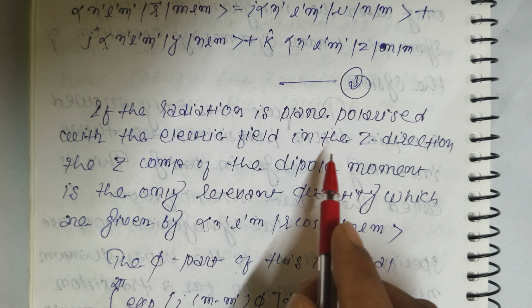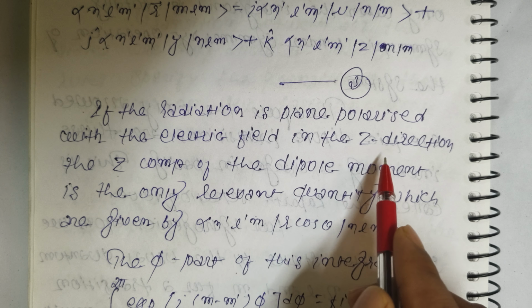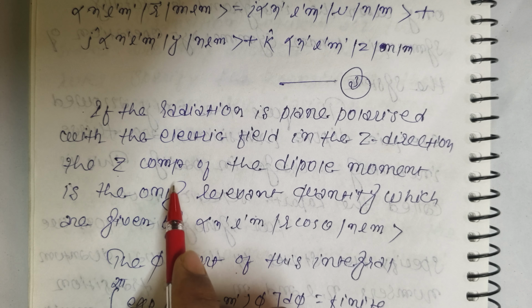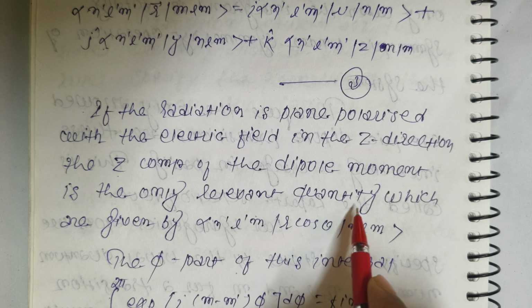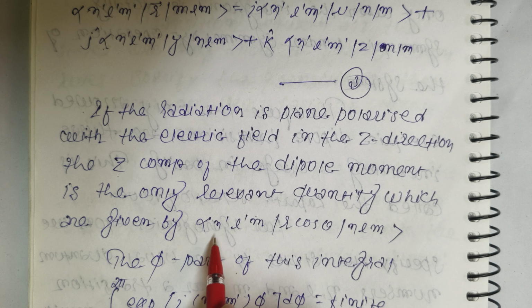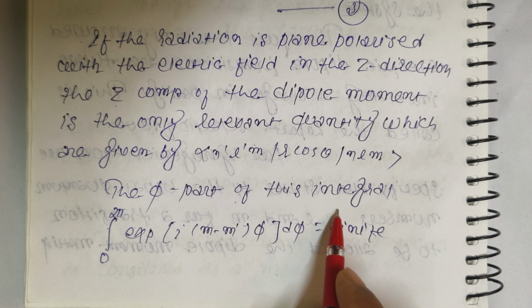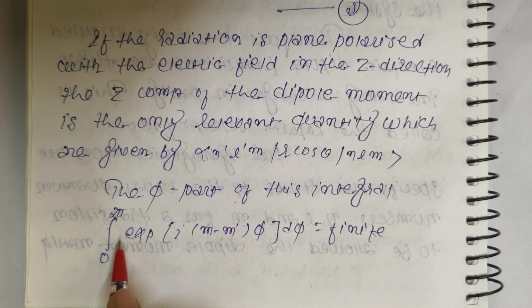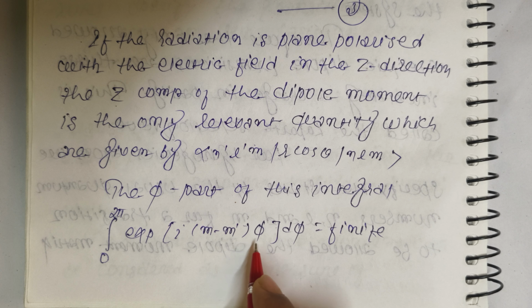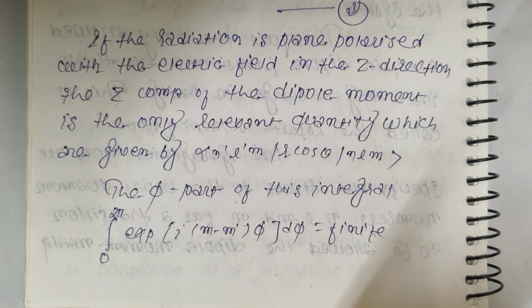If the radiation is plane polarized with the electric field in the z direction, the z component of the dipole moment is the only relevant quantity, which is given by ⟨n' l' m'| r cos θ |n l m⟩. The phi part of this integral, the integration from 0 to 2π of exp(i(m minus m')φ) dφ, is finite